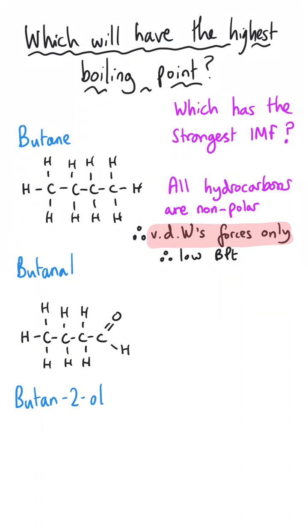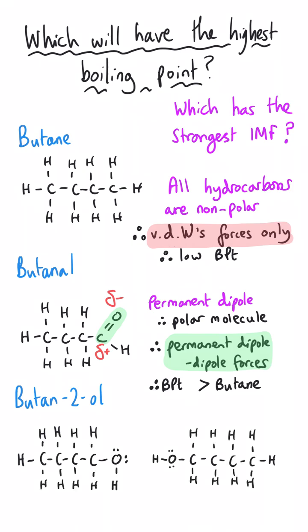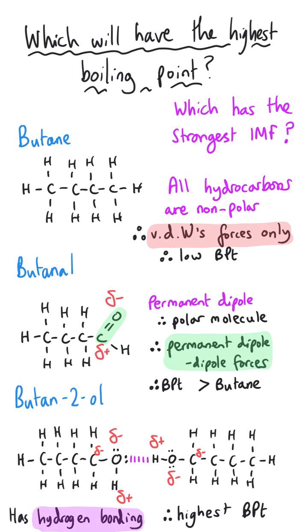Butanal is an aldehyde. It's got the highly electronegative oxygen atom, which means there'll be a dipole between the oxygen and the carbon, but none of the hydrogen is electron deficient, which means there won't be any hydrogen bonding. And so that means that two molecules of butanal will be attracted together by permanent dipole-dipole forces. Butan-2-ol has got the oxygen, of course, of the alcohol group, but it's also got the electron-deficient hydrogen atom that's connected to the oxygen. And so that means that butan-2-ol will have hydrogen bonding between its molecules, which is the strongest type of intermolecular force, and so that means that it is likely to have the highest boiling point